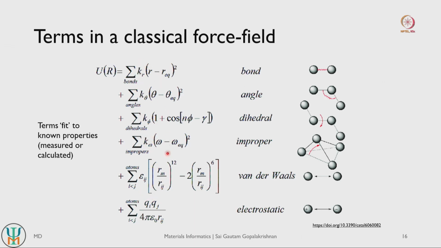And then these are basically your features. Your r minus r equilibrium is basically the distance of these bonds. The same thing, you have angles and so on. So in terms of a machine learning framework, you can consider these terms, r minus r_eq, theta, cos of n phi, omega and so on, as your features, and these are your weights or learnable values. The product of these two gives your potential energy. That is why classical force fields can be generalized very easily with machine learning tools as well.